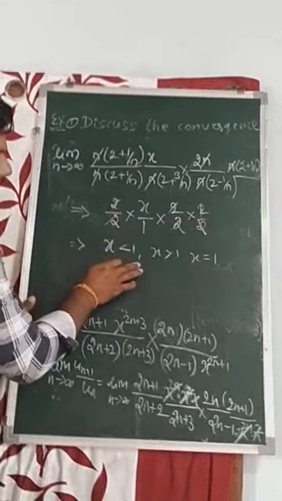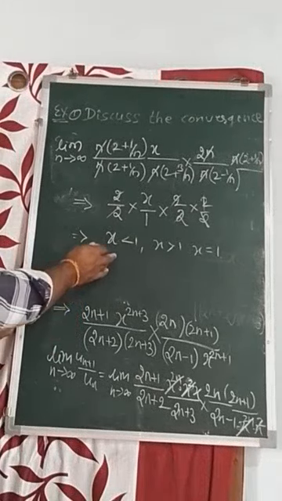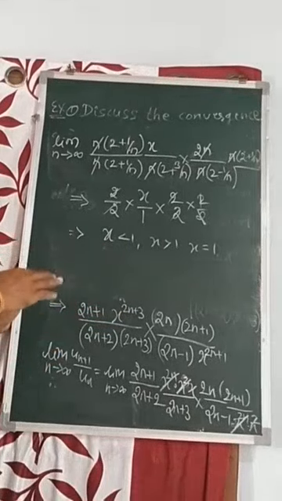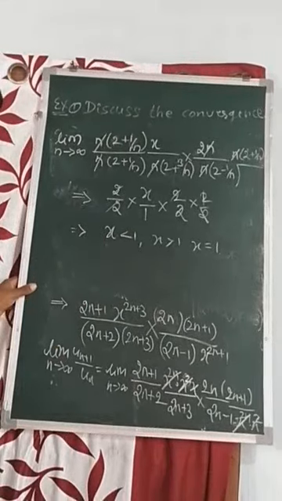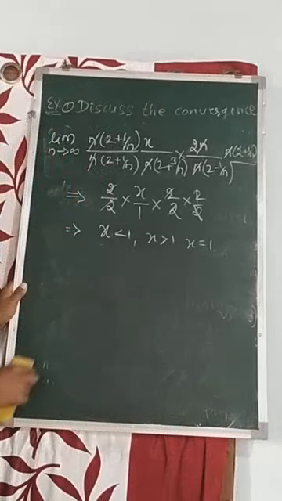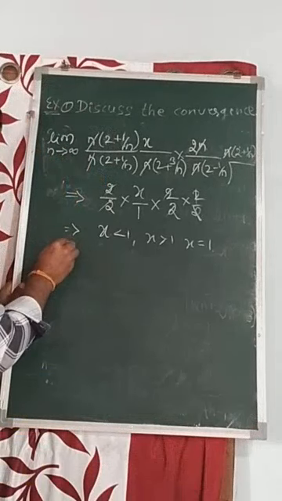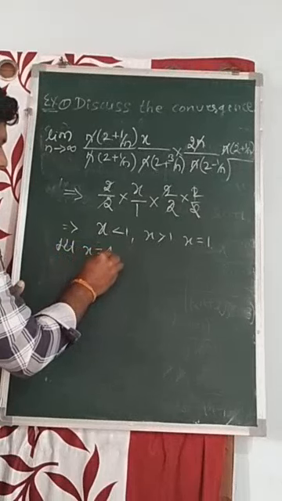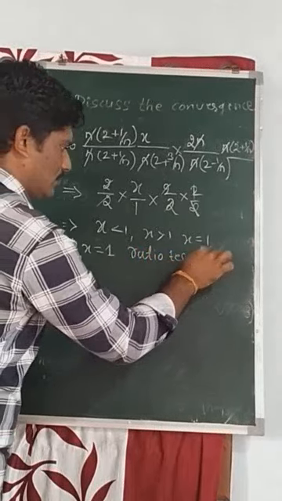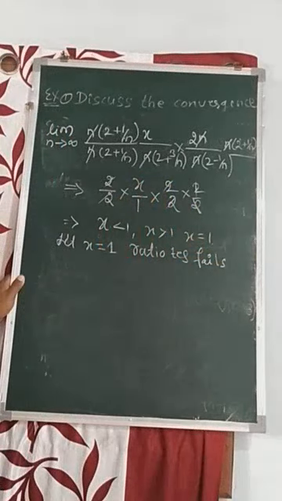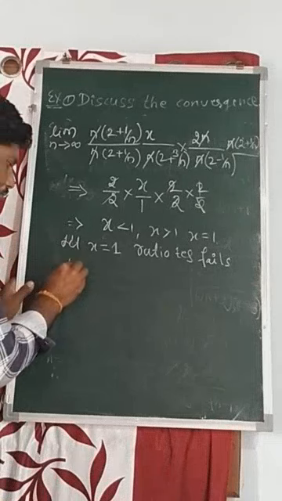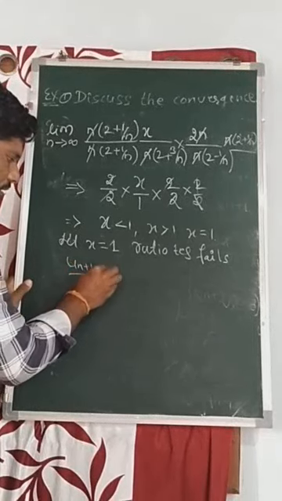First condition, x is less than 1, summation of un is convergent by D'Alembert's ratio test. X is greater than 1, summation of un is divergent. Next condition, if x equal to 1, D'Alembert's ratio test fails. Applying the Raabe test. Let x equal to 1, D'Alembert's ratio test fails. Next, applying Raabe's test. First, un plus 1 divided by un is the term